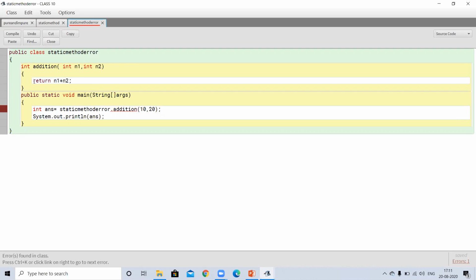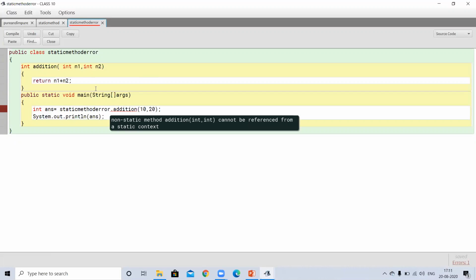Now I removed this static keyword from here. Everything else is the same. Only the static keyword is removed. When I compile this program, you will get an error: Non-static method addition cannot be referenced from a static context.